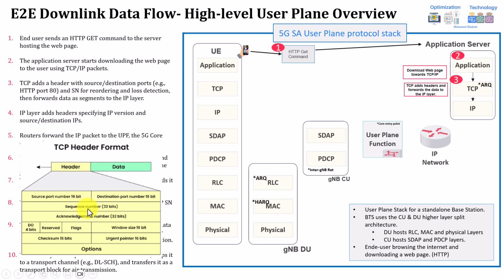For example, if you look into the bottom left here, we have the TCP header format. You can see the data coming from the application layer. A header is being added for this data, and this header will help the TCP layer, for example, with retransmission, to track the packets to know whether they are coming out of order or in order, or whether there is packet loss, and so on, and also to identify which IP layer is going to be used. So, for example, here there is something called source port and destination port within the header.